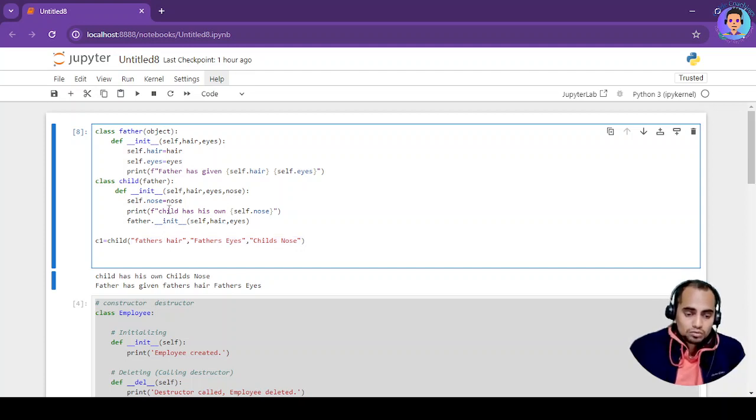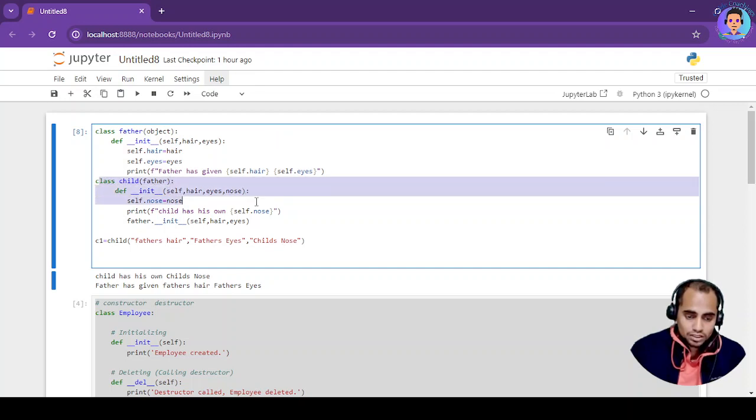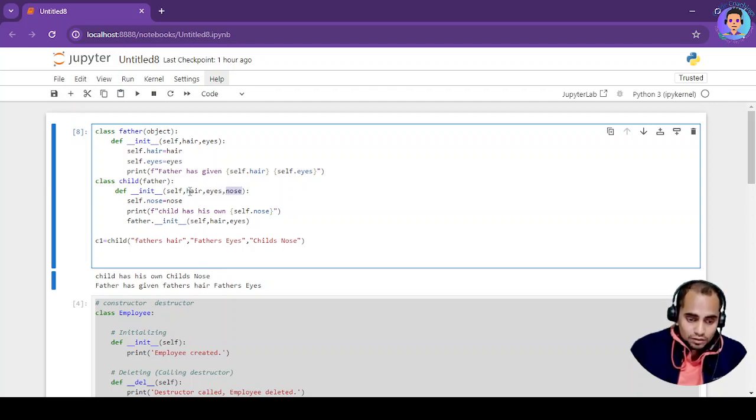Now if you see over here, this constructor is called, and these values 1 2 3, these are three values which are going to be added over here. Here, self, hair, eyes, sorry, here, this is your child class. So it is working on the basis of this first. It is executing this, assigning this value to hair, this value to eyes and this value to nose. Now that these values are assigned, it goes inside.